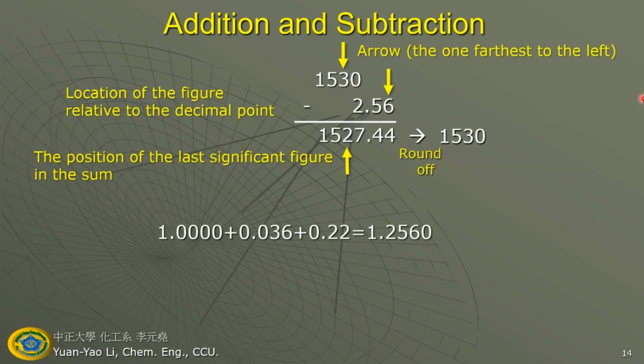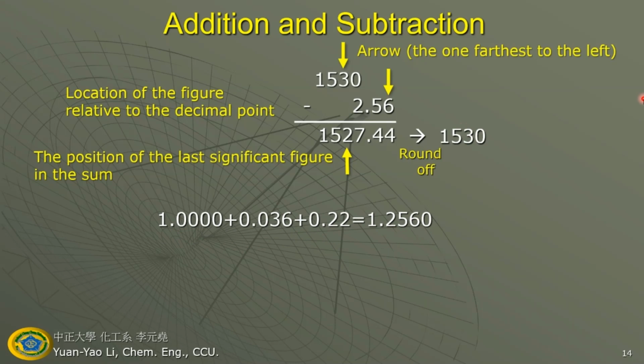Okay? How about this one? I have 3 numbers. The first one is 1.0000 plus 0.036 plus 0.22. So how many significant figures here? 5, right? 1, 2, 3, 4, 5. So the last digit of the significant figures is here. What's the last significant figure here? This one. What's the last significant figure here? This one. So when you use your calculator to add up these 3 numbers, the answer you will get is this one,